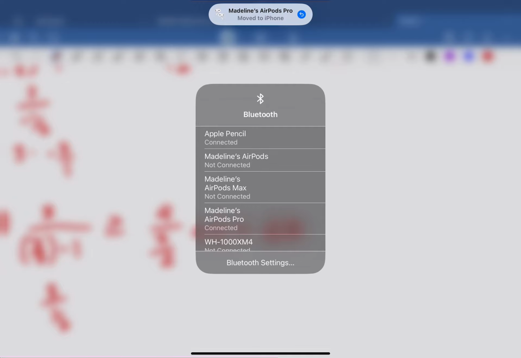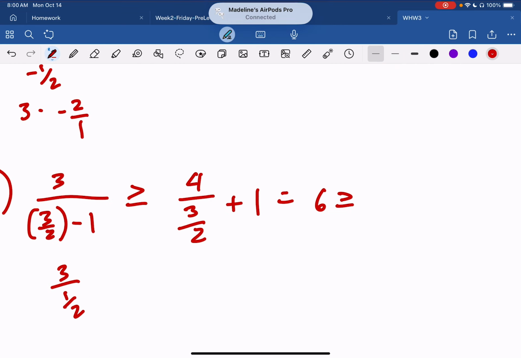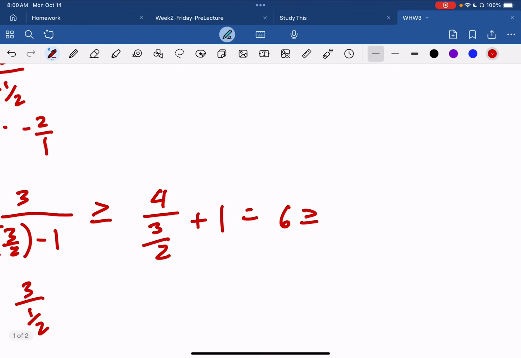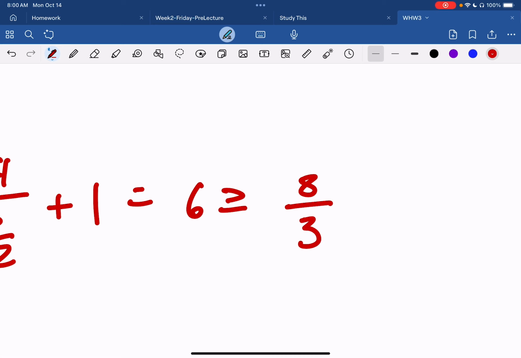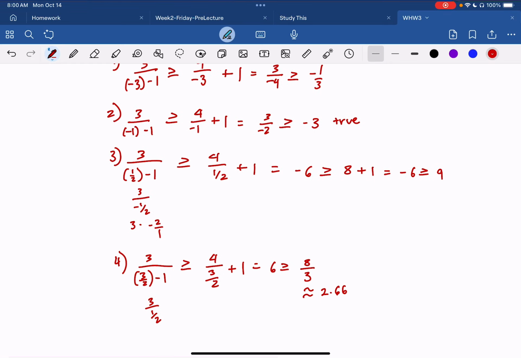I just need to connect 6, and then it's greater than or equal to 8 over 3. 8 over 3 is about, it's a little less than 3. It's about 2.66, and that is definitely less than 6. So